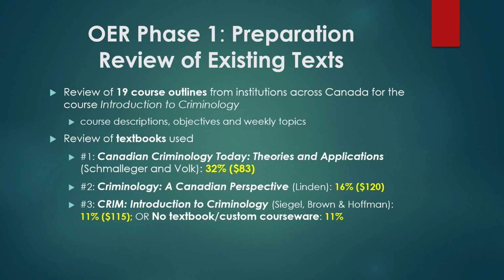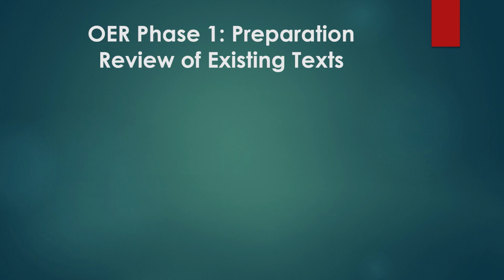So you can see here that the average cost of an Intro to Crim textbook for this course is around $100 to $120 on average. This review of existing textbooks and course outlines revealed some similar patterns, and the typical things that were found